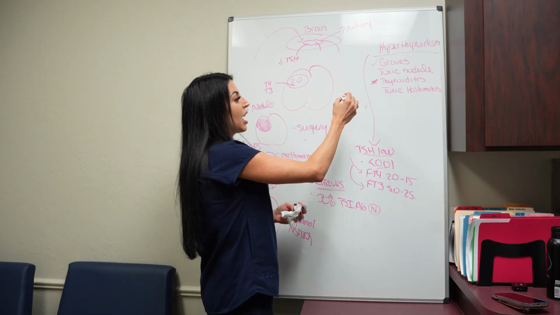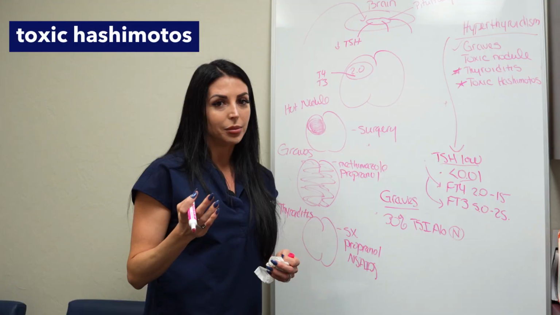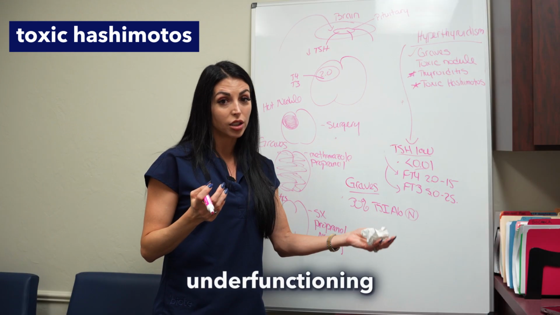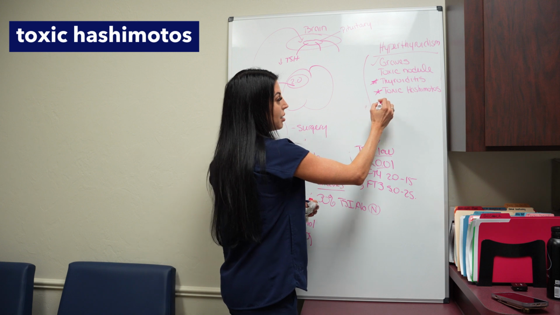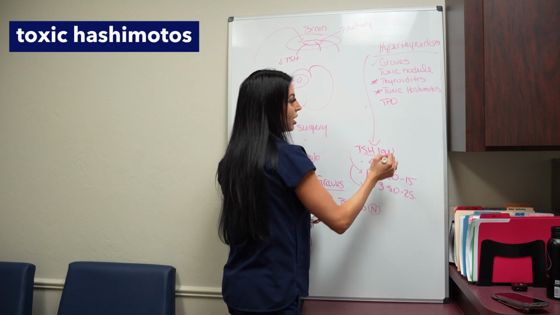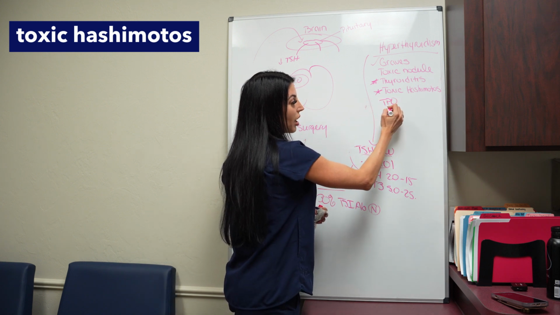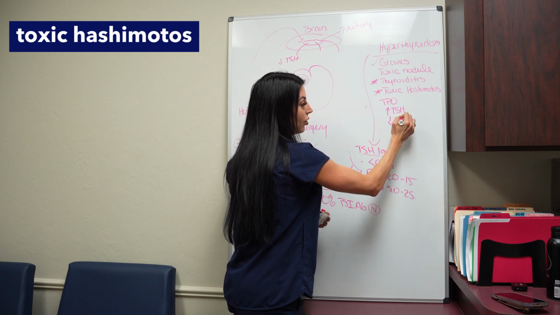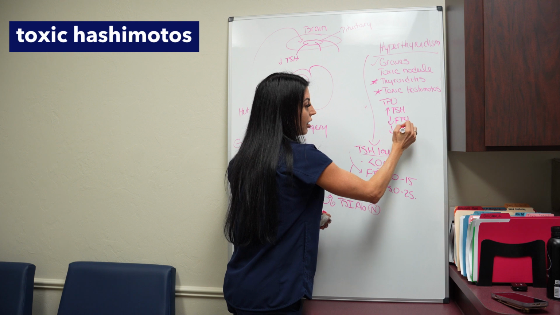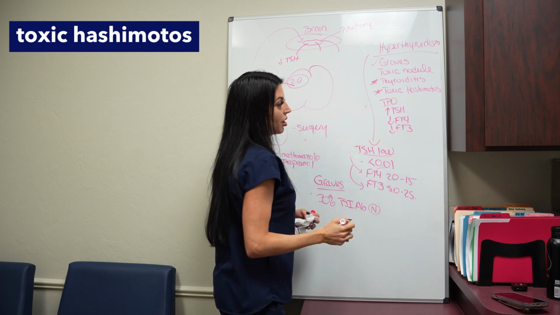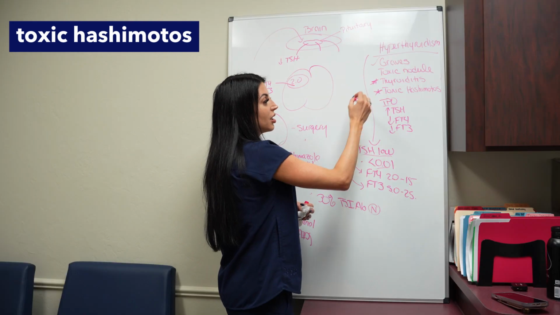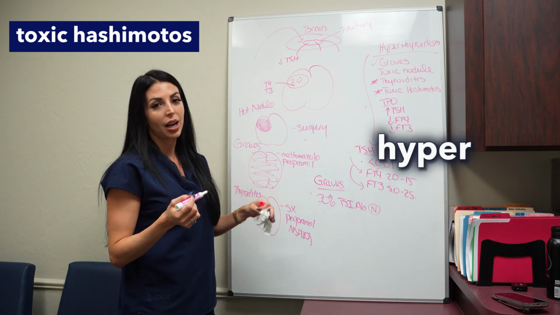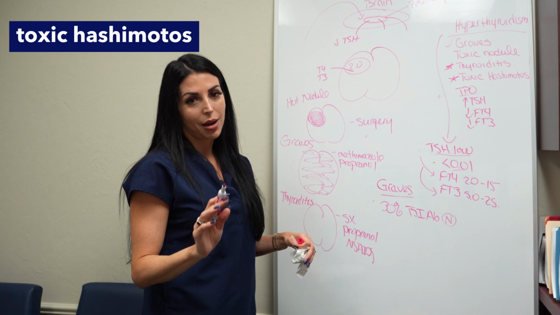And then finally, the last thing is toxic Hashimoto's. Millions of people have Hashimoto's. And a lot of you know that Hashimoto's means your thyroid is under functioning. You have something called a TPO antibody that's causing inflammation. It actually causes hypothyroidism, which increases TSH because you have low free T4 and low free T3, right? So this is the reverse typically with Hashimoto's. But this can turn to what we call toxic Hashimoto's. So it can go from hypo to hyper. Very uncommon, but happens at times.